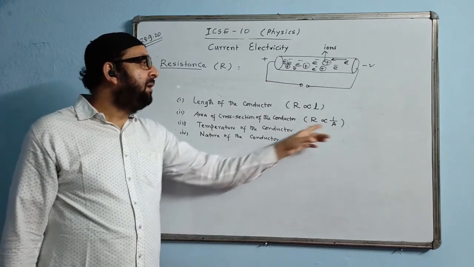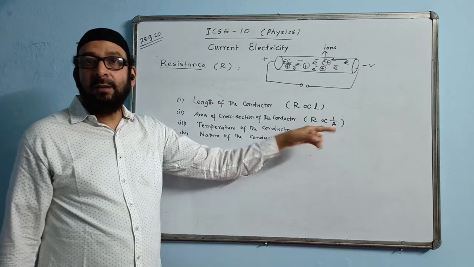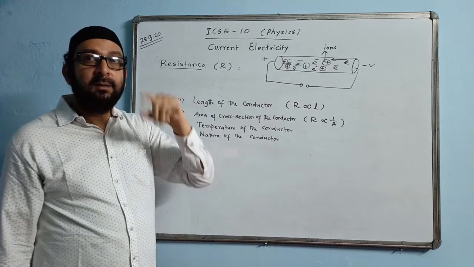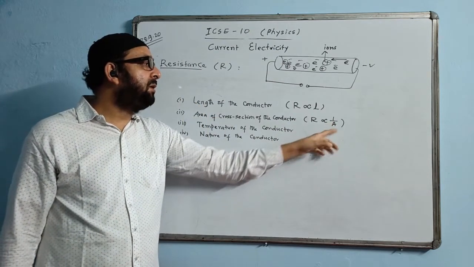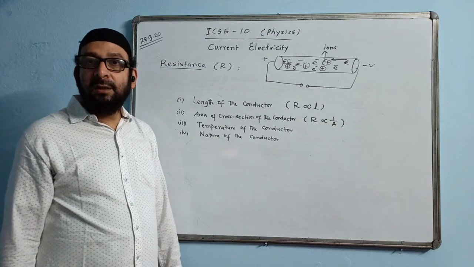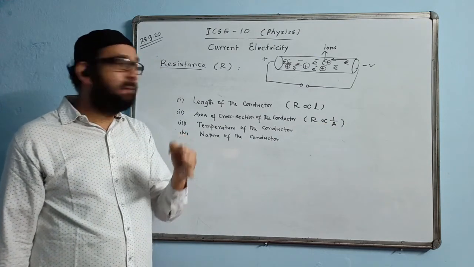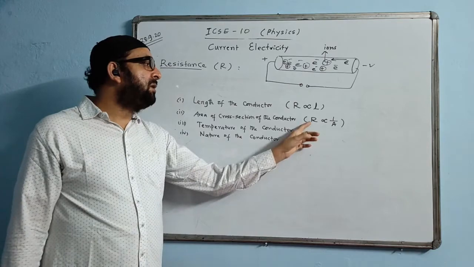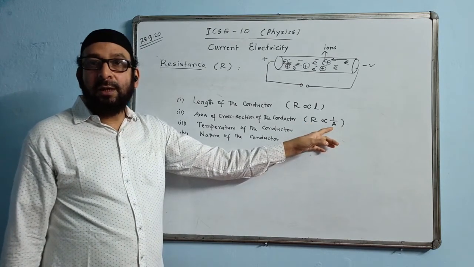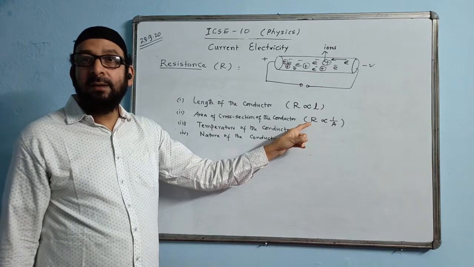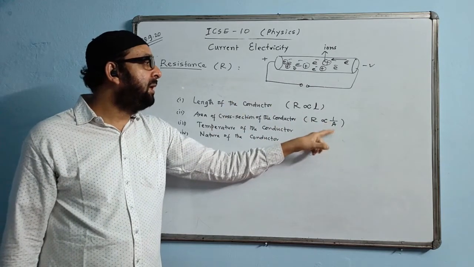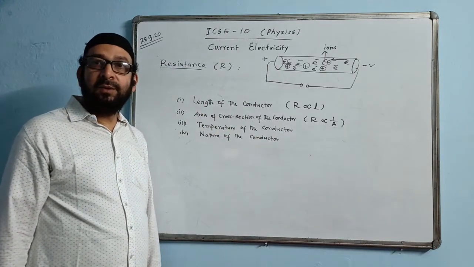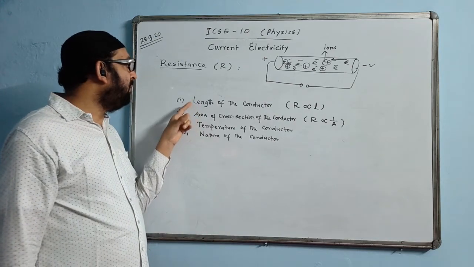Remember it. When the area of cross section is decreased by 1 by 3 times, what will happen to the resistance? Resistance will increase by 3 times, because the area of cross section is becoming 1 by 3. Then 3 will come up. We say the resistance will become 3 times more than the initial resistance. What will happen to the resistance when the area of cross section is decreased by 1 upon 10 times? We say resistance will increase by 10 times, because it's becoming 1 upon 10, that 10 will come up. Now the new resistance will be 10 times more than the previous one. So that is what will happen in these two cases.